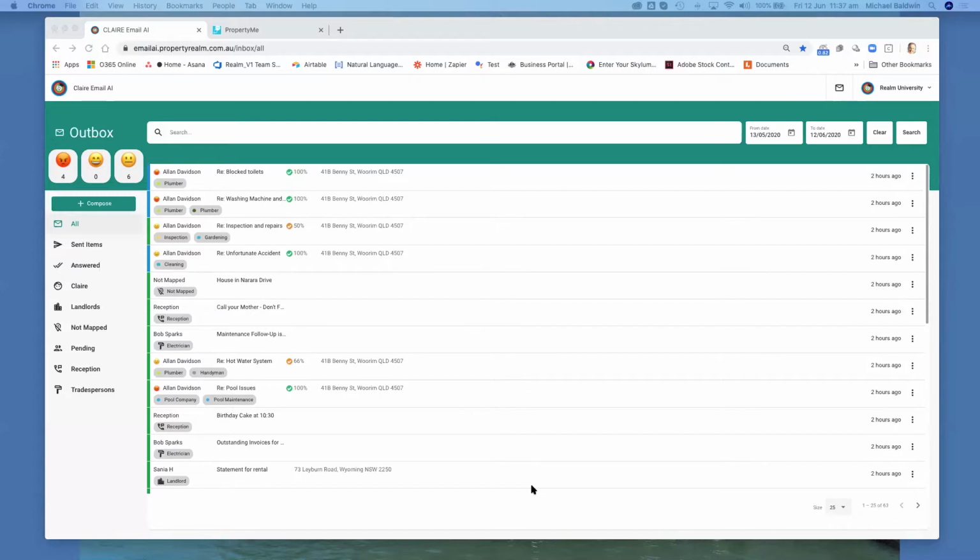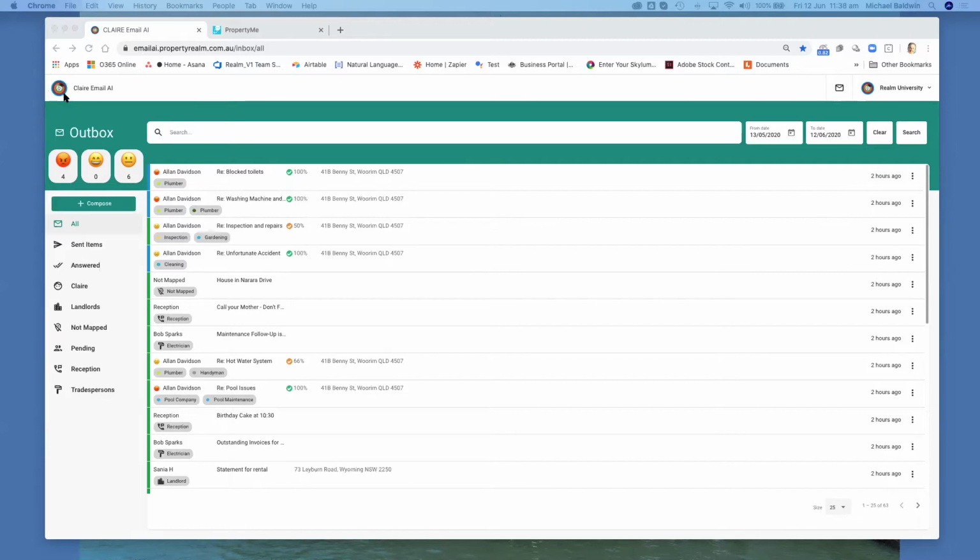And the overall aim for Email AI is to, one, allow you to conduct all of your property management activities within Email AI, but also give you that advantage of processing tenant emails and preparing draft responses so that you can get through the continuous stream of email as quickly as possible, and also service your tenant as a customer so much better. As I say, we'll start with the grid, and up here in the top left hand corner